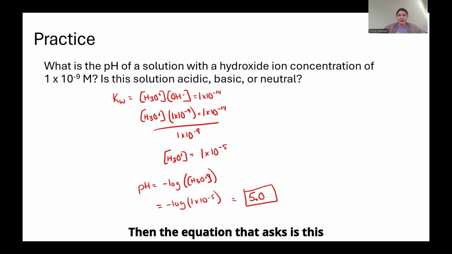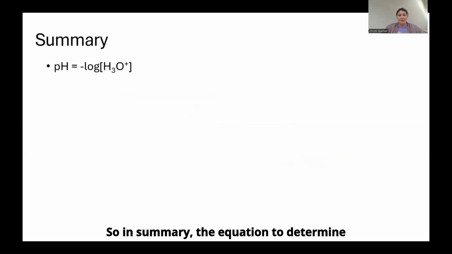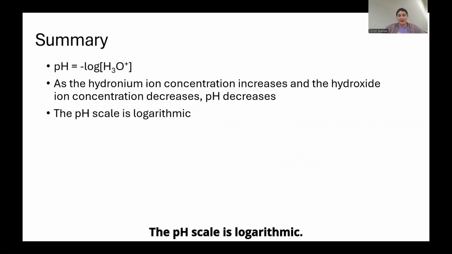Then the question asks, is this solution acidic, basic, or neutral? The pH is less than 7, so 5 is less than 7. So this is an acidic solution. So in summary, the equation to determine pH is negative log of the concentration of the hydronium ion. As hydronium ion concentration increases and the hydroxide ion concentration decreases, pH decreases. The pH scale is logarithmic,